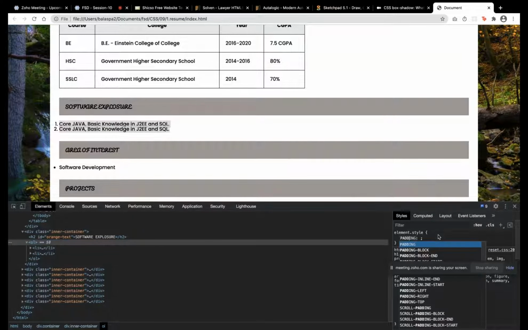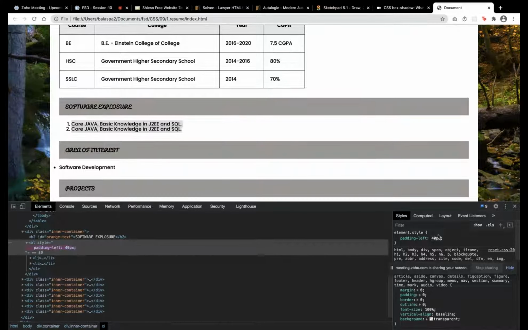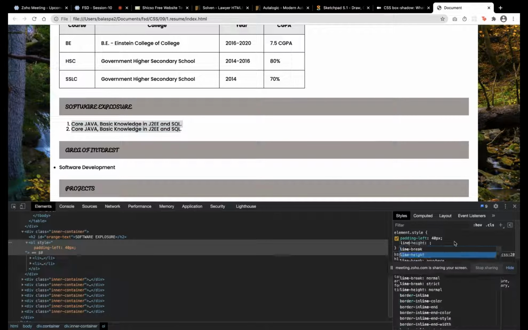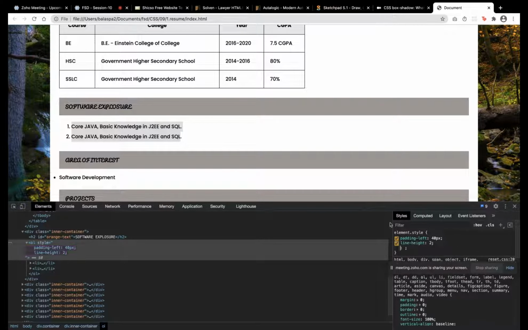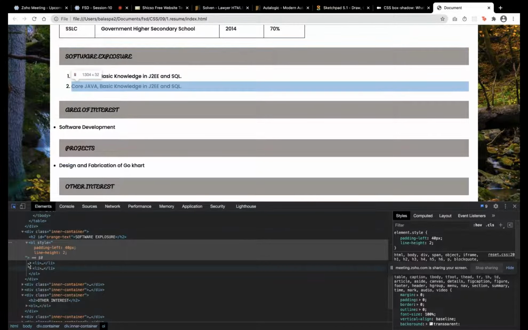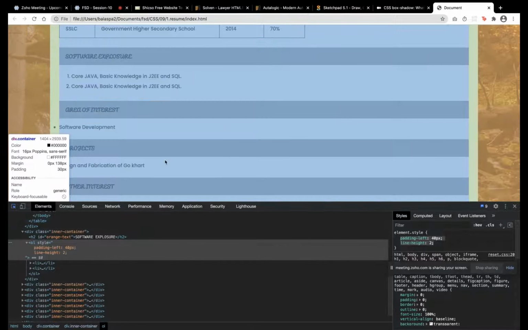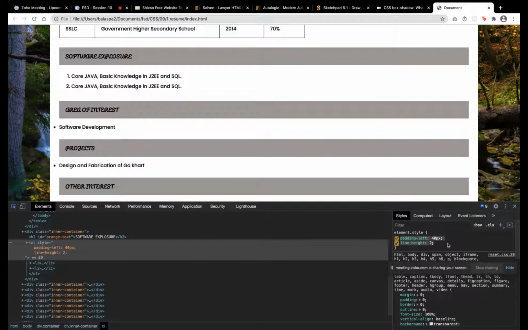So what we need to do, we are going to add padding left 40 pixel. So if I give left 40 pixel, it came inside. And what I need is the distance between these two lines. As you already know, line height of 2 I can give. Yeah, it looks better. So the same thing first we'll do for the OL tag, we are gonna give this 2. So always try to use this inspect element and try to give it here and then apply there.